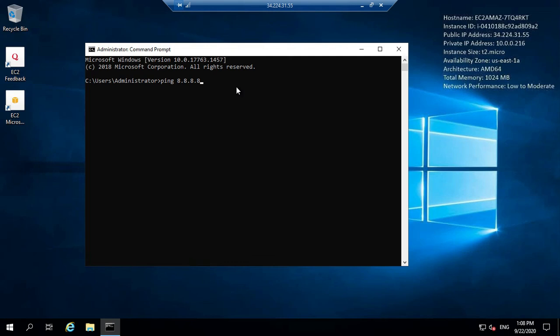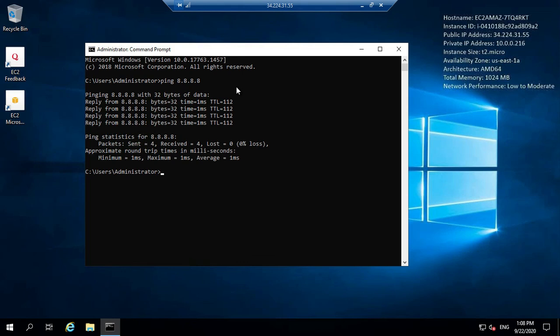So if we are getting a ping reply properly, that means we have successfully created our instance inside the VPC which we created, and we are also able to establish a connection.